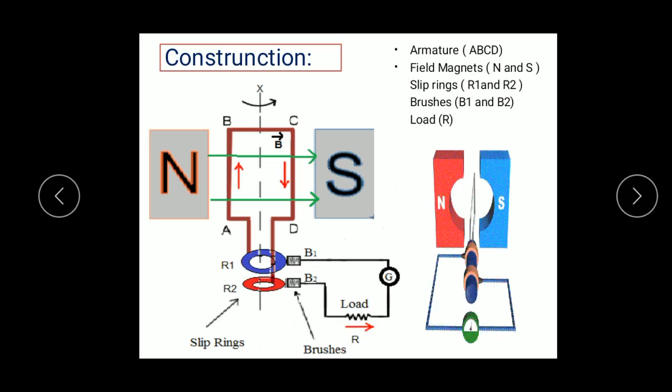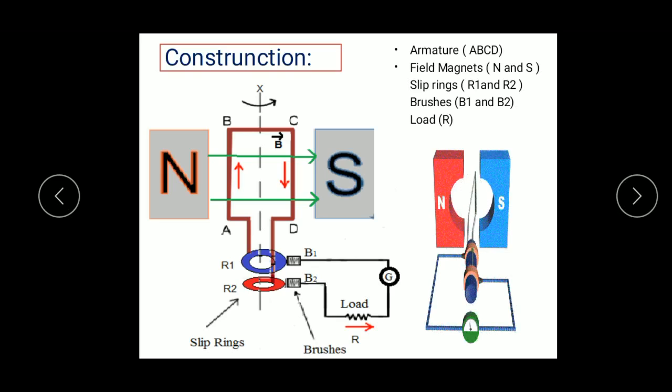The two carbon brushes B1 and B2 are pressed against what? The slip rings. The brushes are used to pass the current from the coil to the external circuit. So these are the four important parts of the